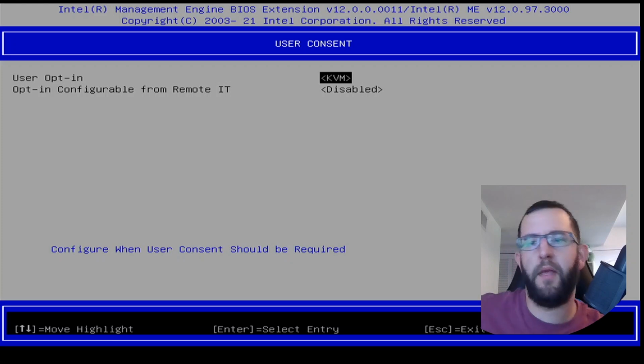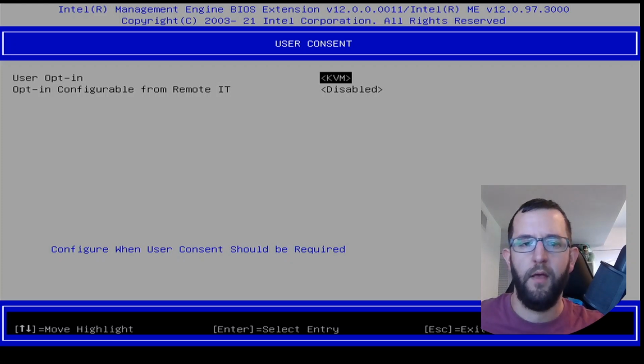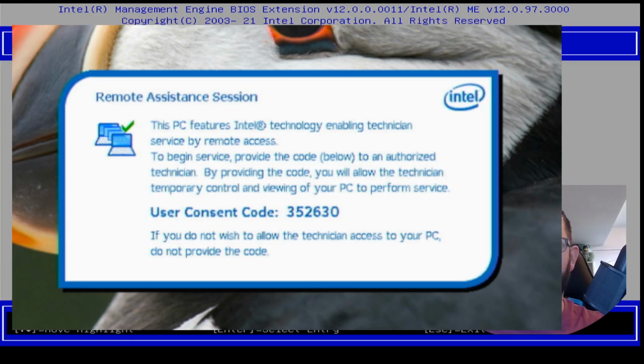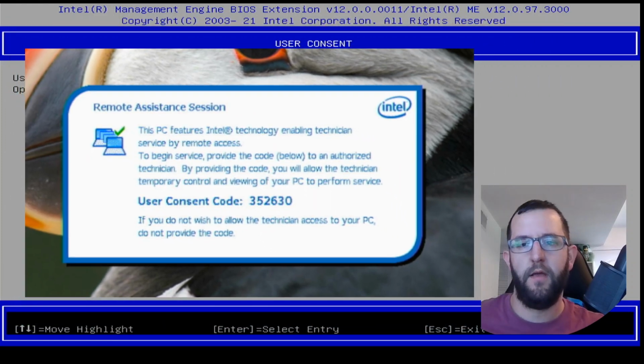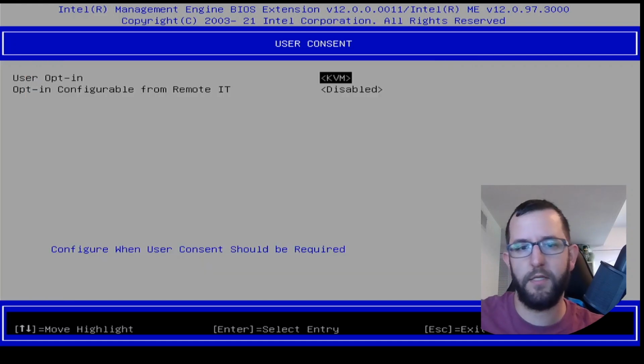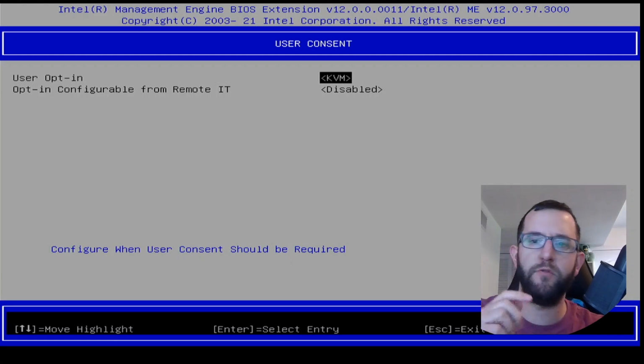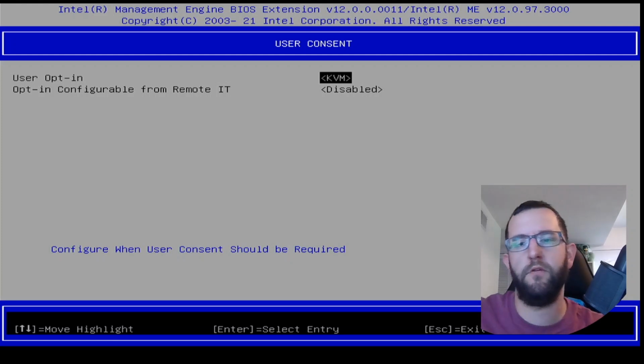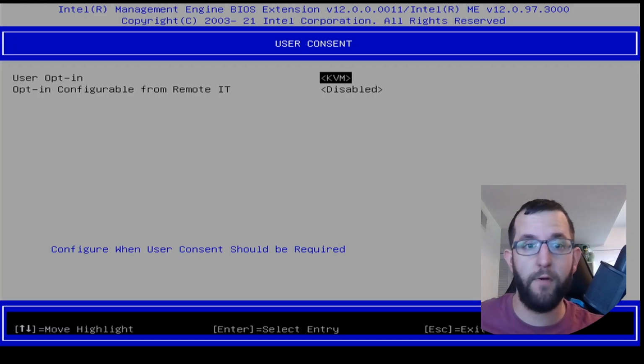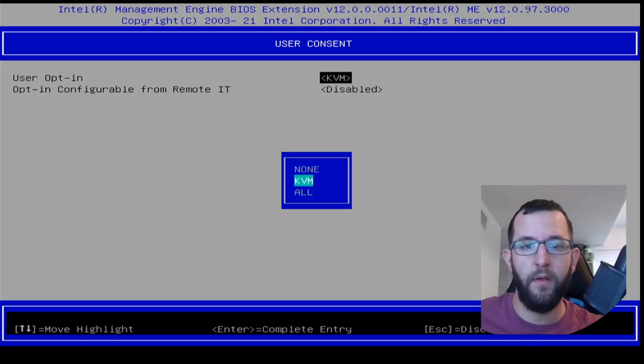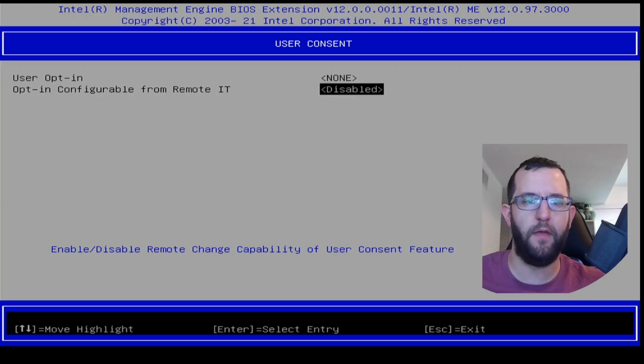So we want to make sure that we're not booting or being prompted for some kind of authorization, and we can just connect right in. And again, assuming you have a secure password that you had set on this system, because the password you set here will be the same password that you're logging into the browser with that I showed in the intro of the video as well. So the KVM is set to none, and then the opt-in